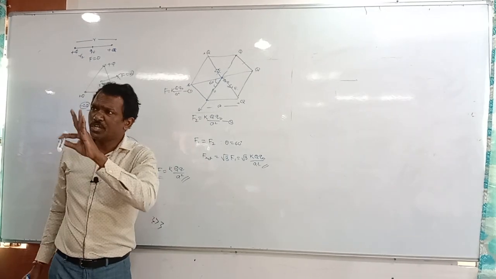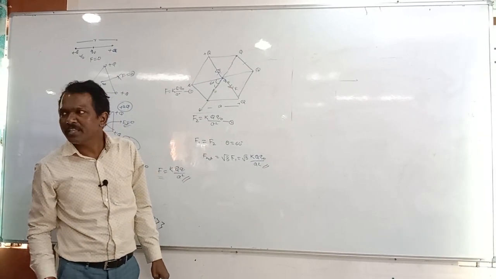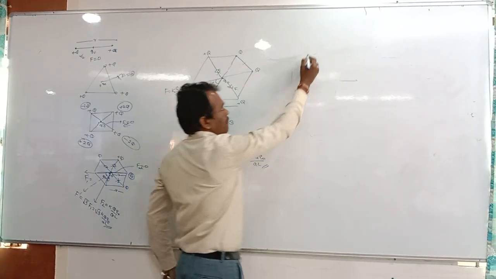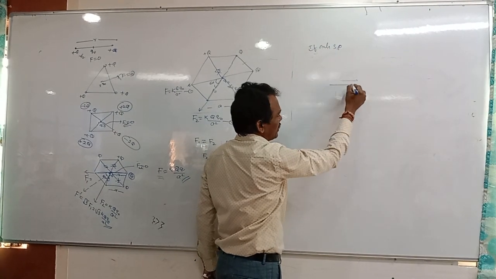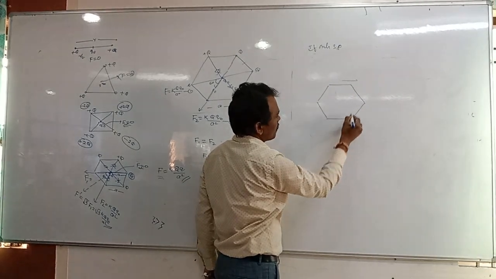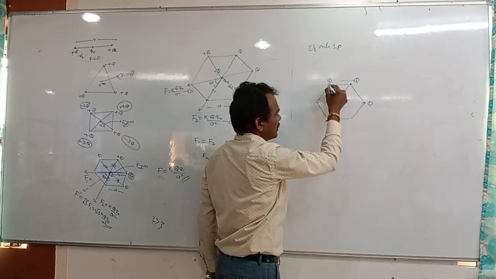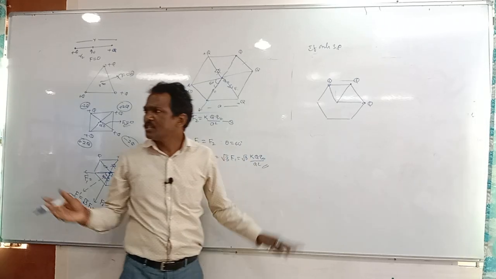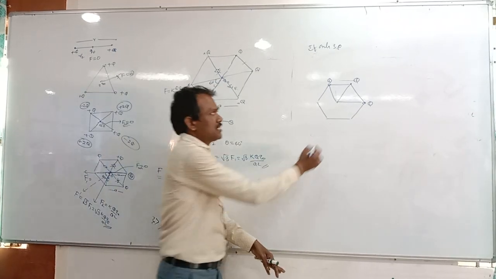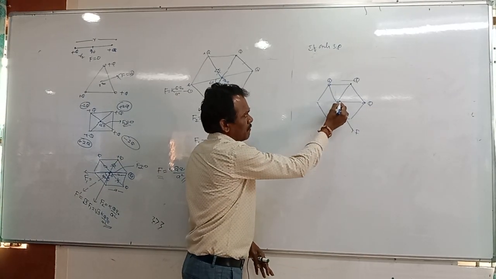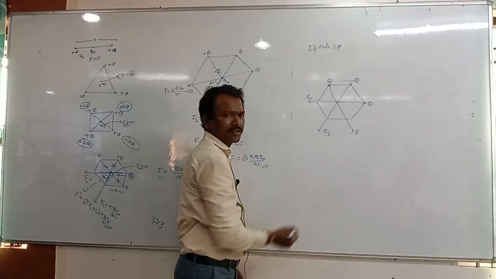Okay? If three forces are there, how can you write the resultant force? If only three charges are present, how can we write it? Here one Q, another Q, and Q given at the center. These are only three charges, and there is no chance of equal and opposite forces here. So this is one of the forces F1, and it is F2, and F3 will be there, isn't it?